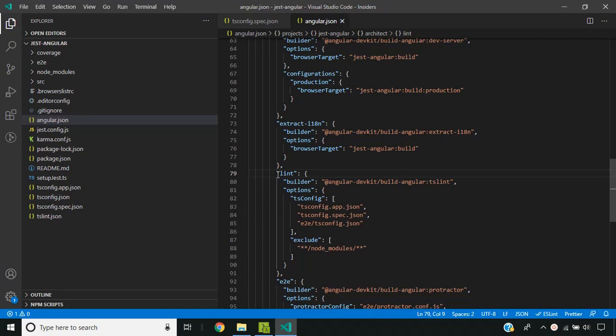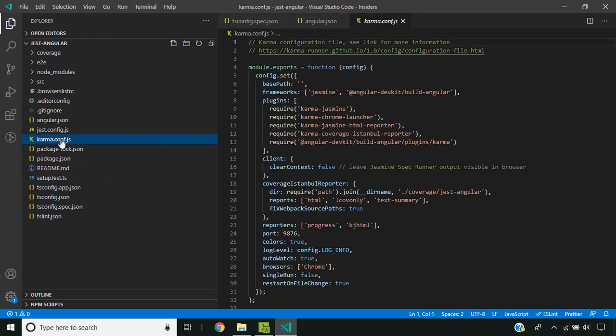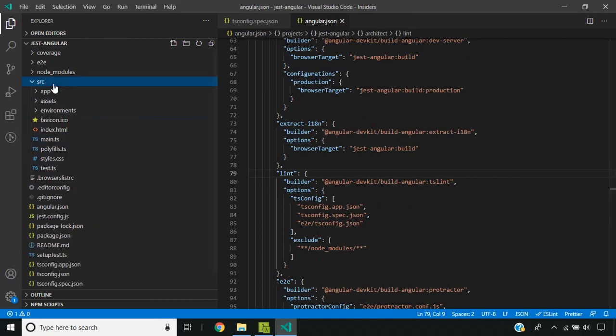There are many builders which you can integrate into the Angular JSON that can be used for running Jest, but currently I am not using that, so I am removing it. And we also do not need the karma config and the test.ts file, so I am removing them.